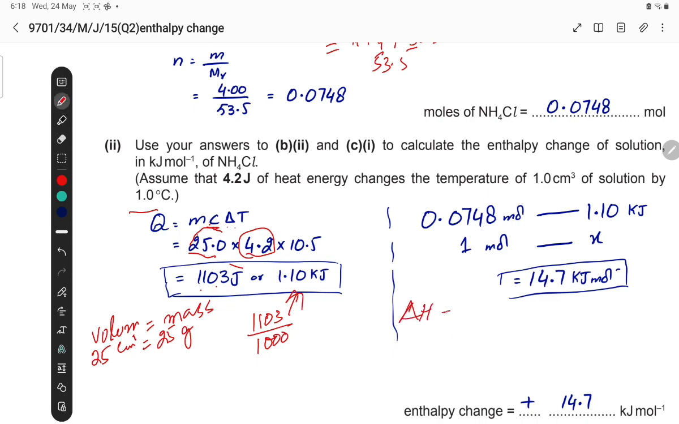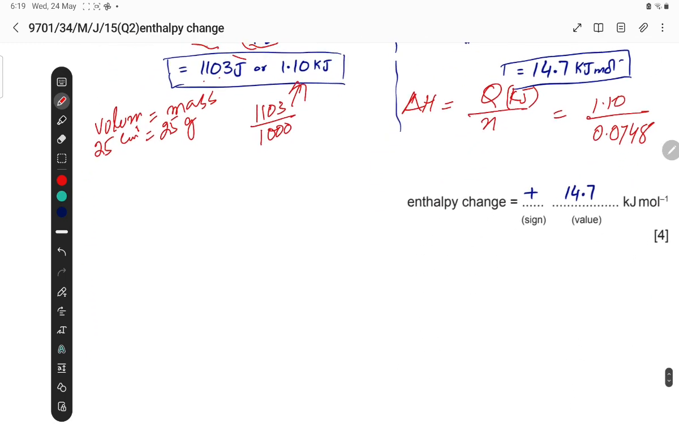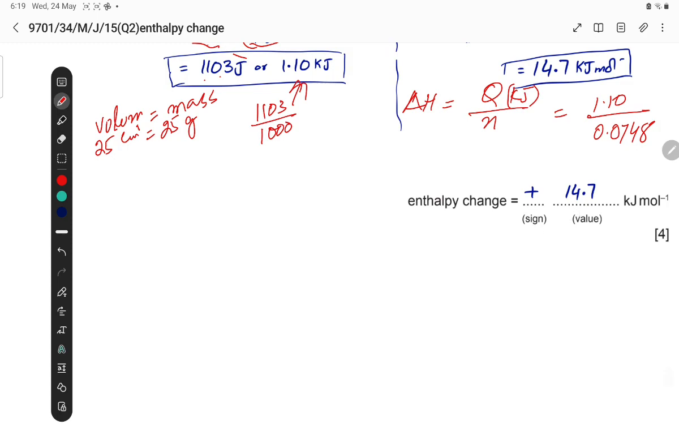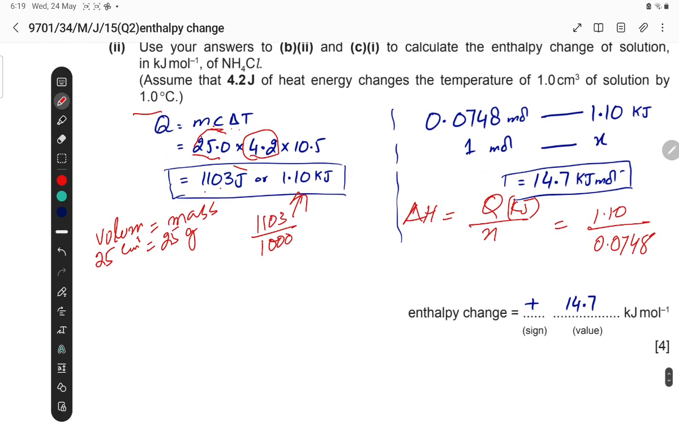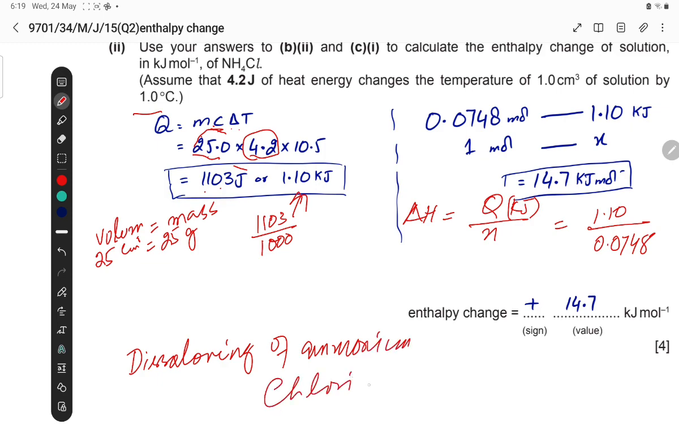Delta H is equal to Q divided by mole. Q is equal to 1.10 divided by mole, which is 0.0748. The answer is 14.7 kilojoule. Enthalpy change is positive because dissolving of ammonium chloride is endothermic,